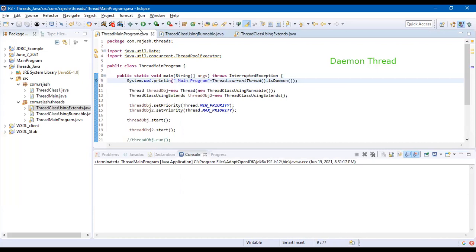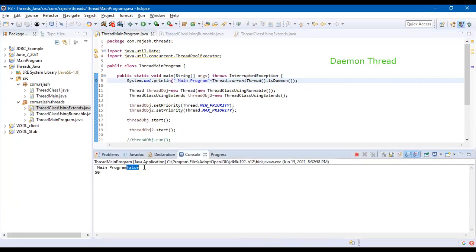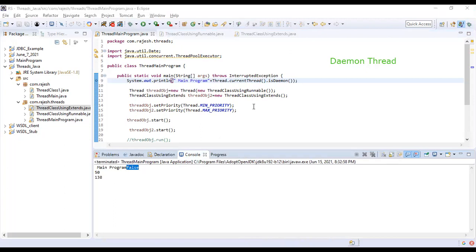It becomes true when the current thread is the daemon thread. False. It is not a daemon thread. We can see how daemon threads work, I mean, if there are any daemon threads. Okay, so these are just concepts. You will not use it anywhere, but you have to just know that's all.